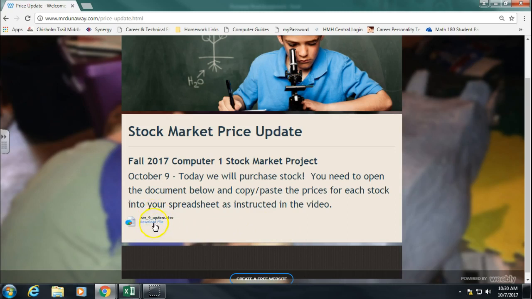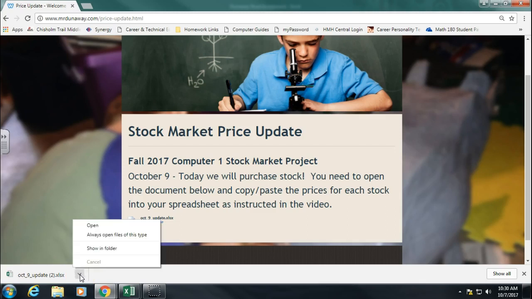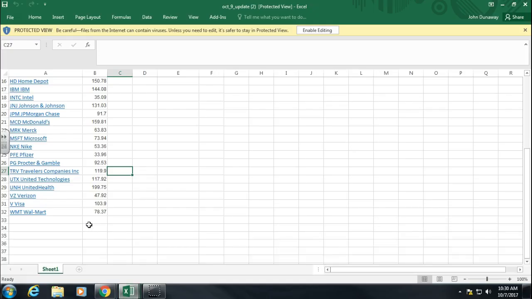What I've done is I actually have put another file here. This is an Excel file, and it should open on your computer. So click on Download, and hopefully it does it like it's doing on my screen. Probably what it did is there's a menu that popped up on the bottom of your screen that says October 9 Update. And if you click on that little arrow and just click Open, it should open a spreadsheet